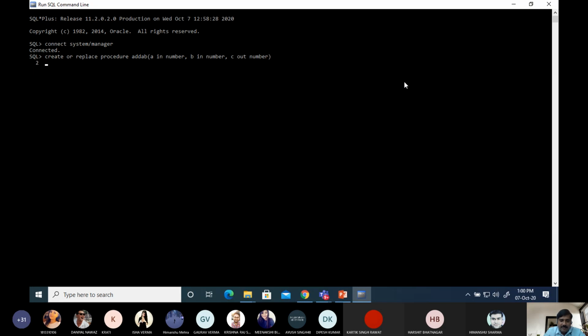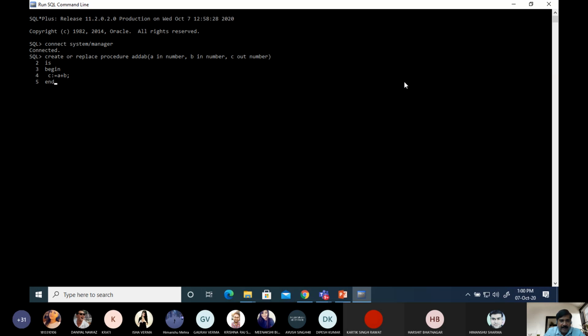Now we use the is keyword, and then we write code in the executable section, and in the executable section we write this expression: c equal to a plus b.